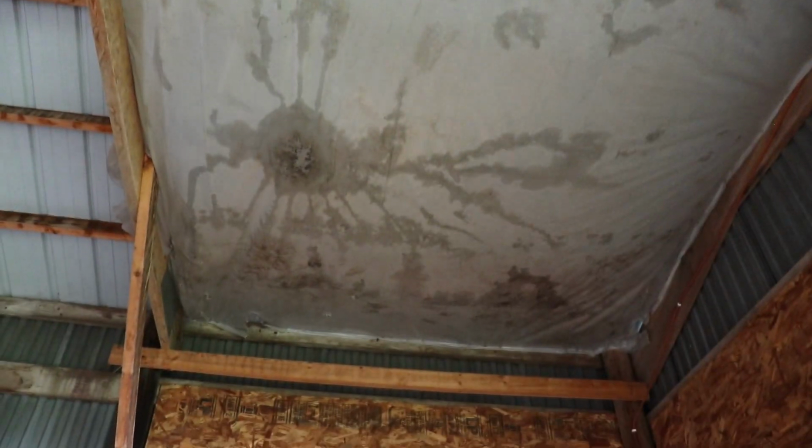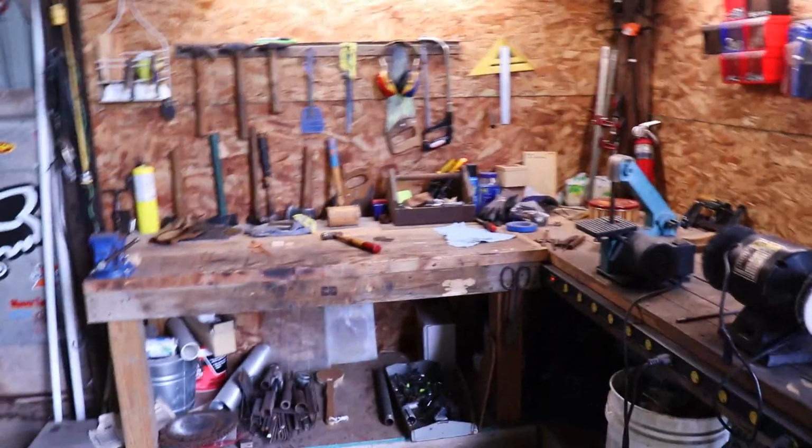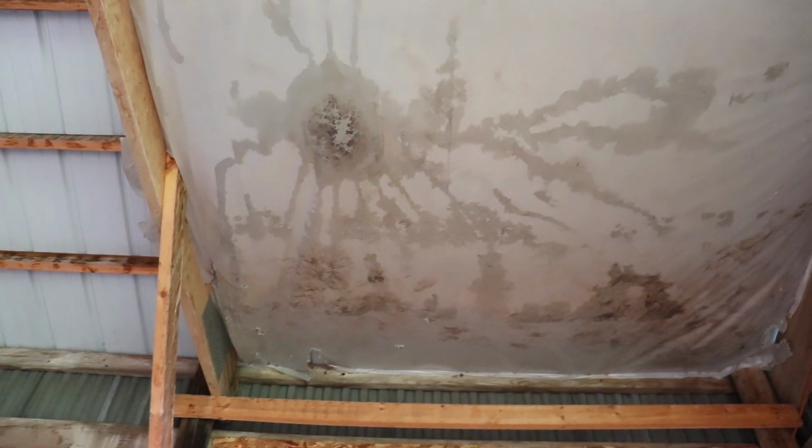Oh, and before I forget, above all of this is a plastic tarp, as you can see why. When I first made all this, I didn't realize this side of the shed drips so badly. I came out here and all my tools, just everything was soaked. I thought it rained in here, or blew in the door, but no, it's just dripping. So I put this up here and good to go. There's some holes in there because I used to have a raccoon problem. Actually, a raccoon was chilling up there,